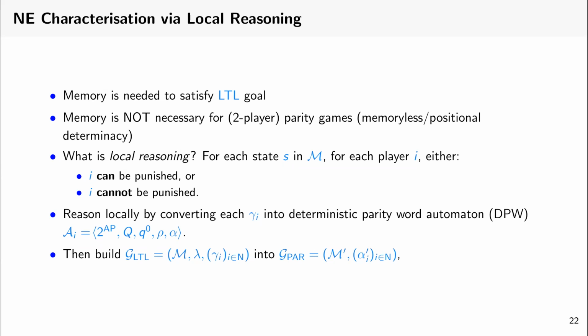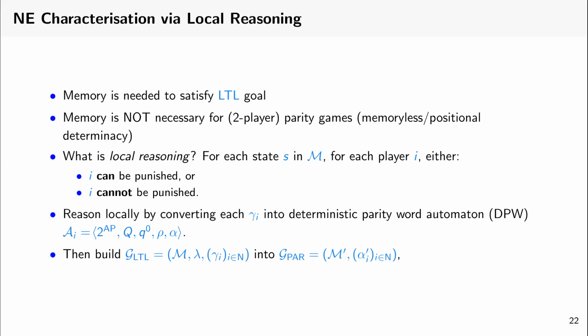Okay, it's local with respect to the current state. Yeah, okay. So we do this by turning the game. We have an LTL game. We turn it into a corresponding parity game. We do this by converting each LTL goal into a deterministic parity word automaton, and then we build this new game that corresponds to the original game. By doing this, we can